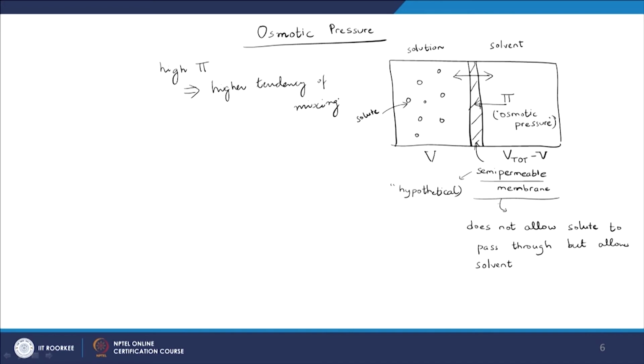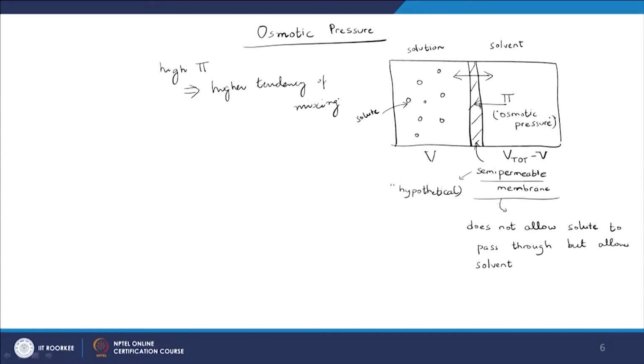And now, since f of phi, the Helmholtz free energy density that we have discussed earlier, already characterized the mixing behavior, that should also characterize the osmotic pressure. So, this is a qualitative way to look into this, and now we will do a derivation of why it is indeed the case. So, let us now say that the total energy of the system that I have just drawn